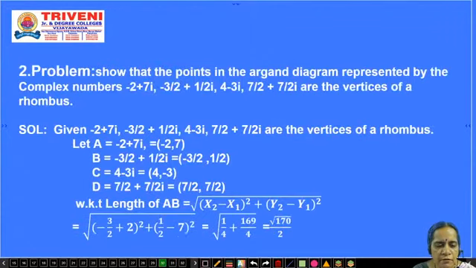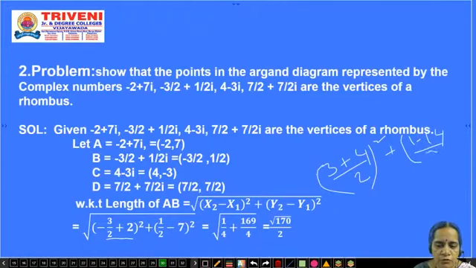Okay, first we have to find the distance of AB. Distance of AB means the point of A is equal to minus 2 comma 7 and the point of B is equal to minus 3 by 2 comma 1 by 2. That is A can be taken as x1 y1 and B can be taken as x2 y2. x2 minus x1 whole square plus y2 minus y1 whole square. This can be taken as LCM here. Then what we get here? 1 by 4. That is minus 3, 2 into 2, 4 by 2 whole square plus 1 minus 7 2's 14.